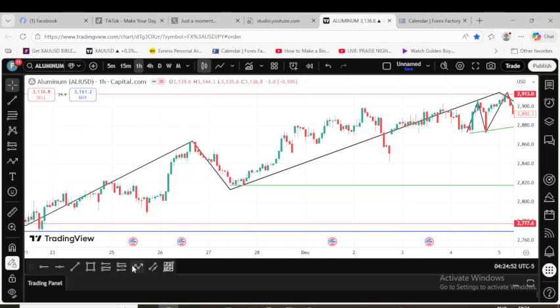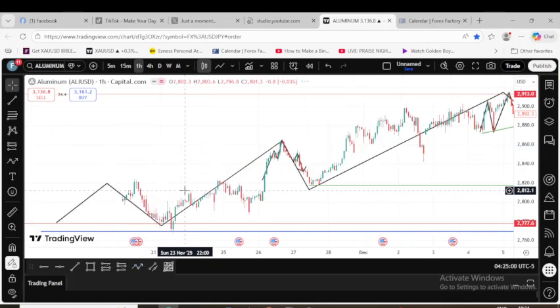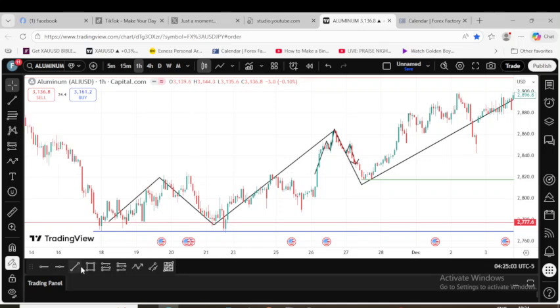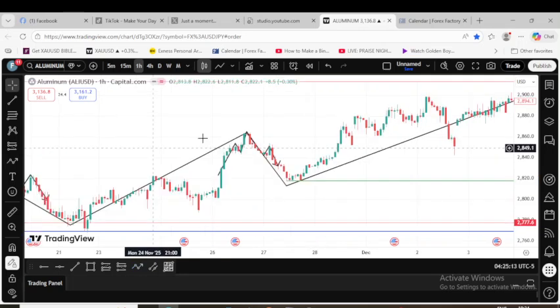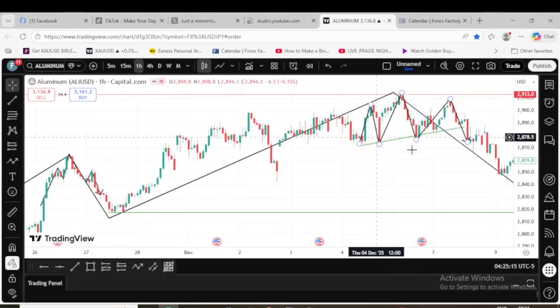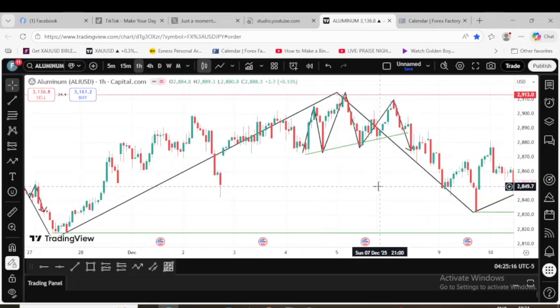We have something similar to a head and shoulders pattern here, although it's mostly just a correction here, here, and then. And this looks like just an M pattern here. So now let's go back. Now let's move forward. So we have one M here, one head and shoulders pattern here, a second head and shoulders pattern here,